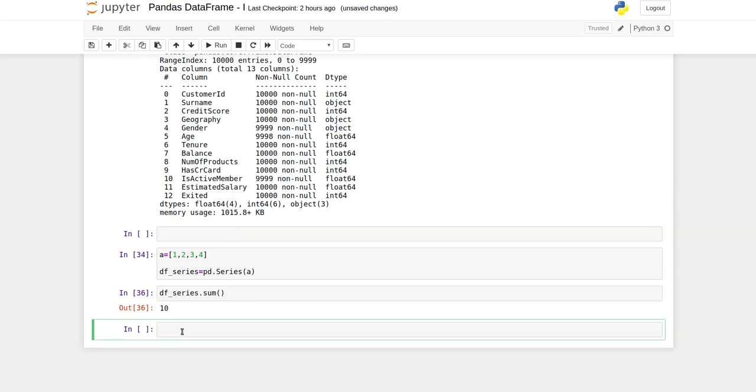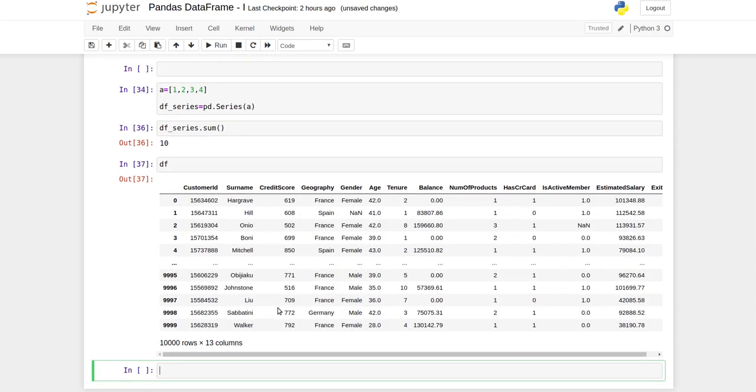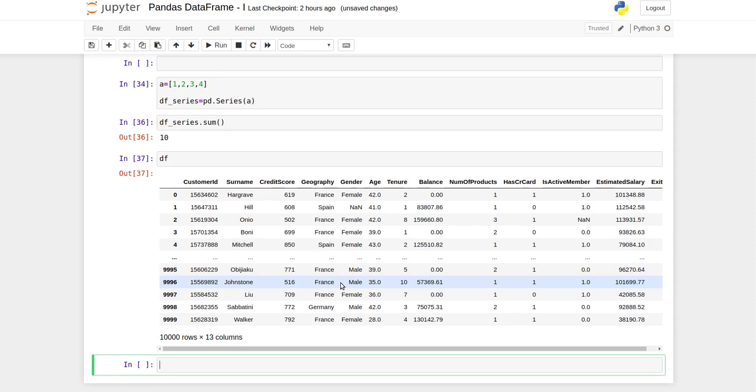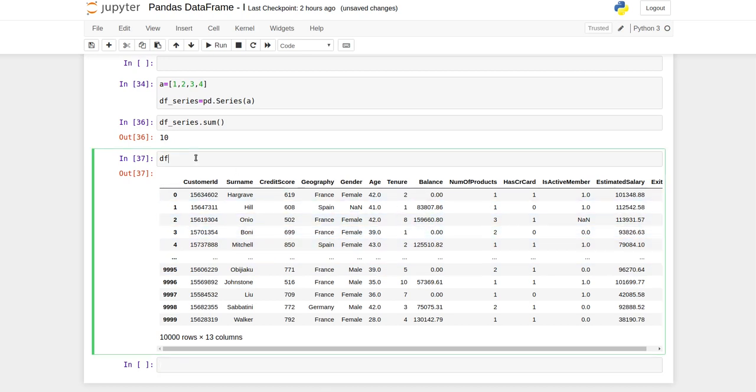And similarly, suppose in df, first of all we have string values also. So I'm going to convert this data frame into a small data frame. I will name it mini df, and this is a way by which you can transform your data frame into a mini data frame.